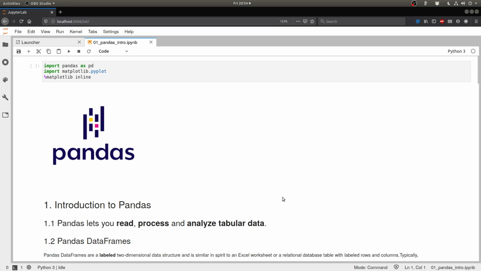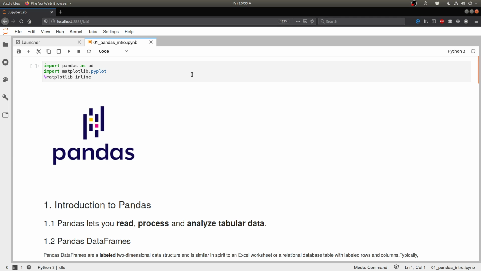Pandas stands for Panel Data Analysis, which basically uses lists, dictionaries and arrays from Python or NumPy to create something called a data frame. A data frame is a supercharged data storage structure which is available through Pandas, and you can think of it as Excel for Python. So if you know how to use Pandas very well, you should be able to do pretty much everything that Excel can do and more in a programmatic Pythonic way.